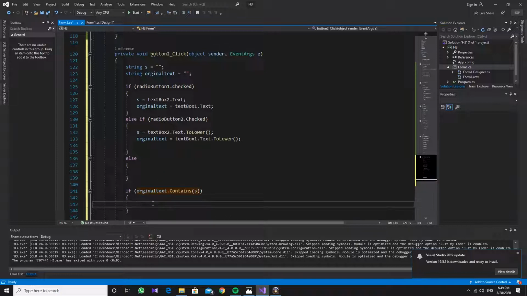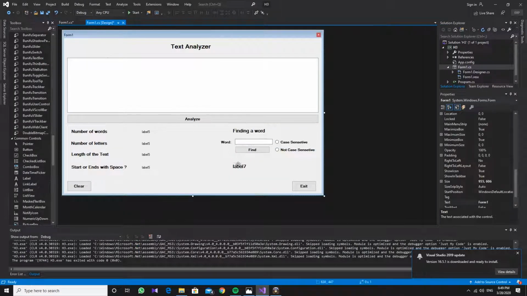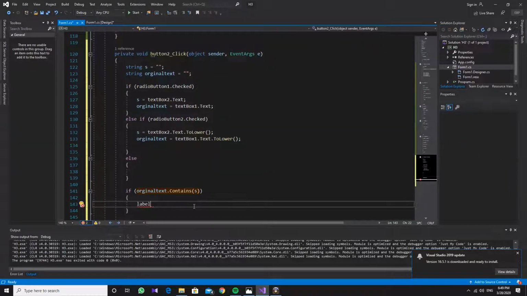do what? Label, what is the name of this label? This is label 7, I think. Yes. Okay, label 7 dot text. Now what I want to be printed,